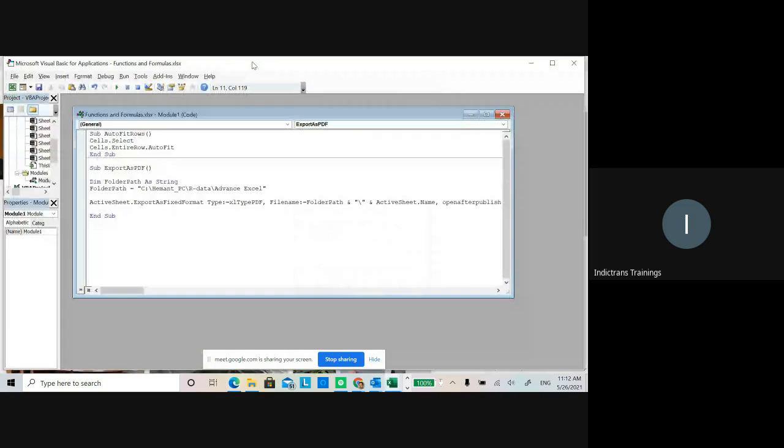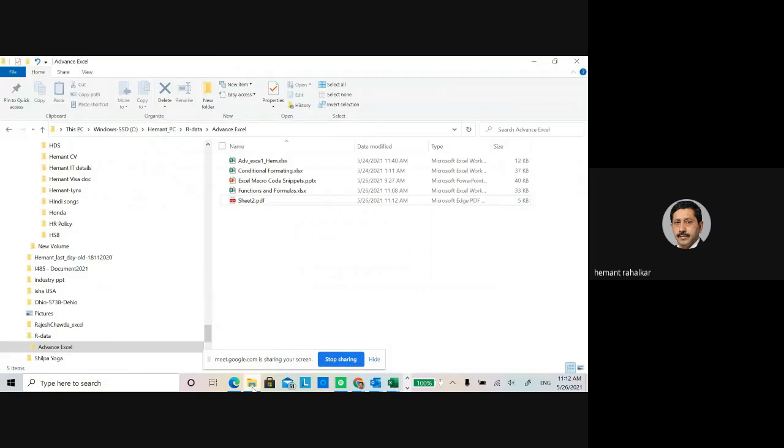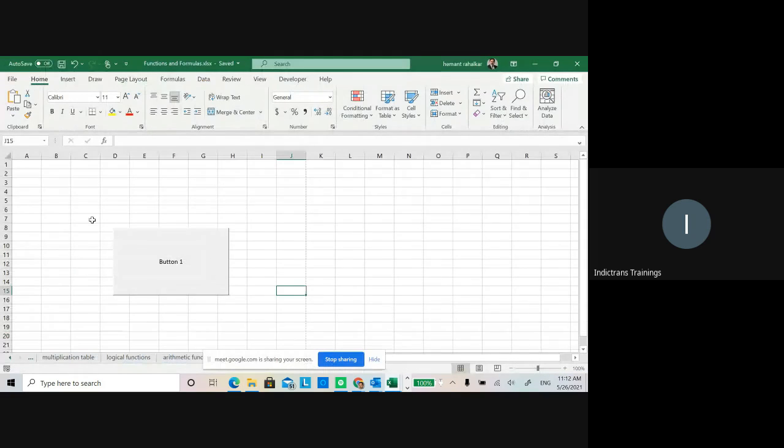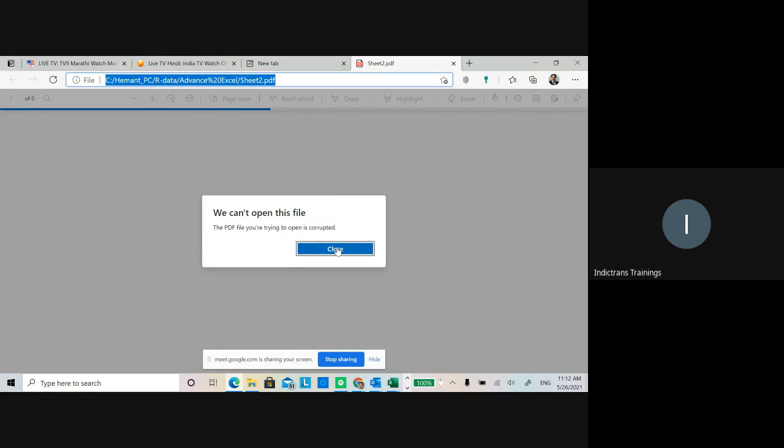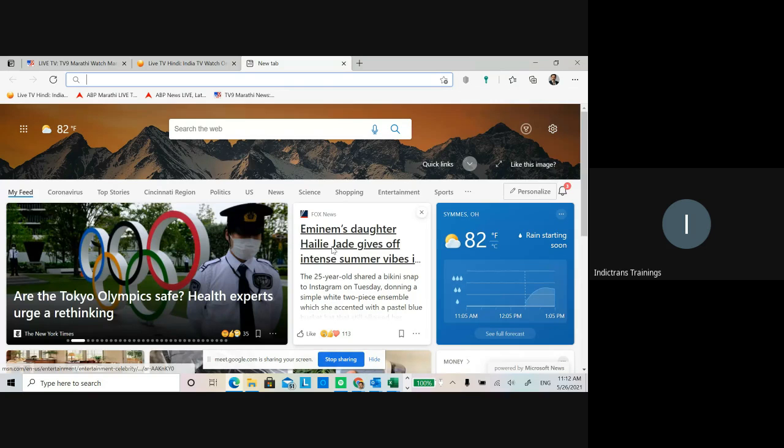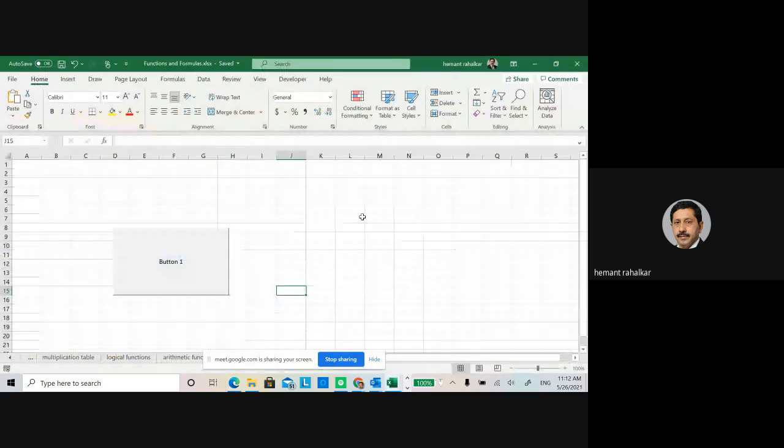Can you just, let me delete that file first. Delete all that file? Yeah, let us see. Now you try it. Looks to be getting corrupted somewhere.